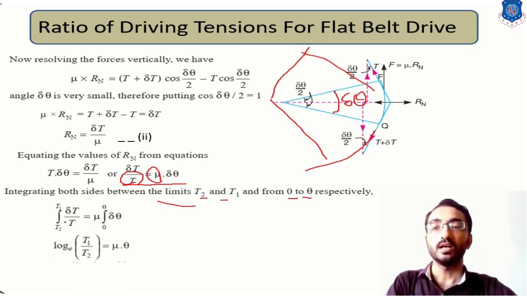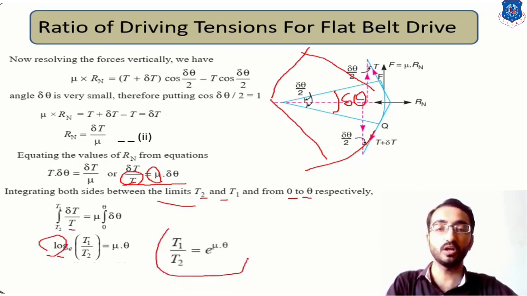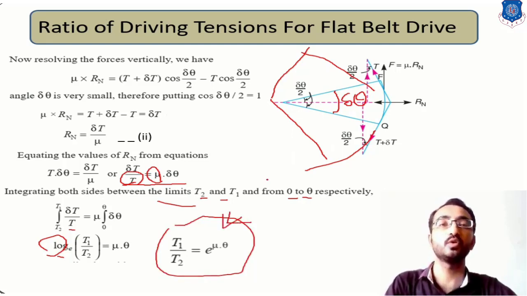Now if you integrate delta T by T in terms of a logarithmic term, it is log of T1 by T2 equal to mu theta. This is the basic or general equation for the ratio of driving tensions. If you put the logarithmic term on the opposite side, we can say T1 by T2 is equal to e raised to mu theta. This equation is very important and will be useful for any calculations while you are solving numericals of belt drives. In this way we can derive the ratio of driving tensions for flat